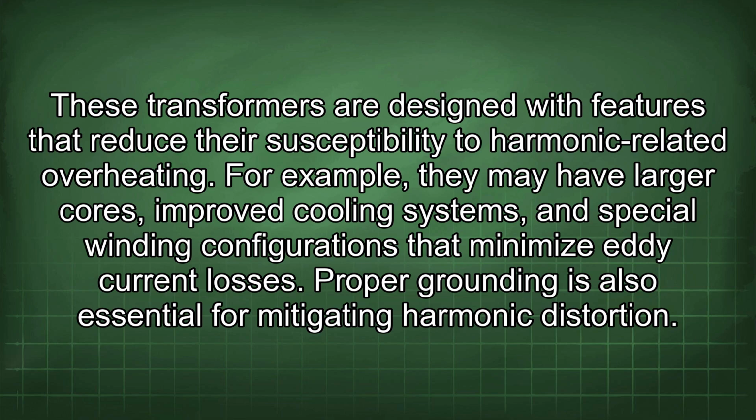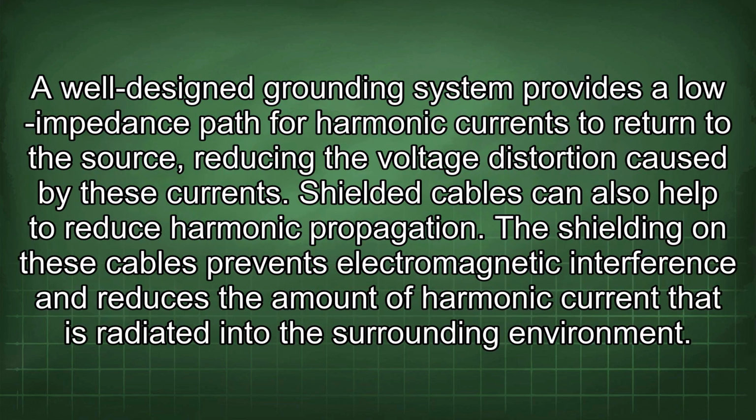Proper grounding is also essential for mitigating harmonic distortion. A well-designed grounding system provides a low impedance path for harmonic currents to return to the source, reducing the voltage distortion caused by these currents. Shielded cables can also help to reduce harmonic propagation. The shielding on these cables prevents electromagnetic interference and reduces the amount of harmonic current that is radiated into the